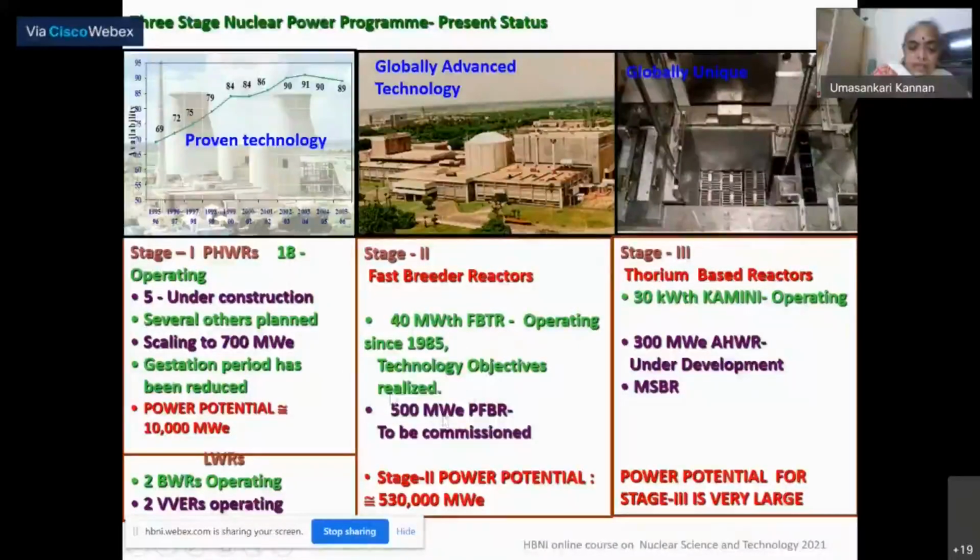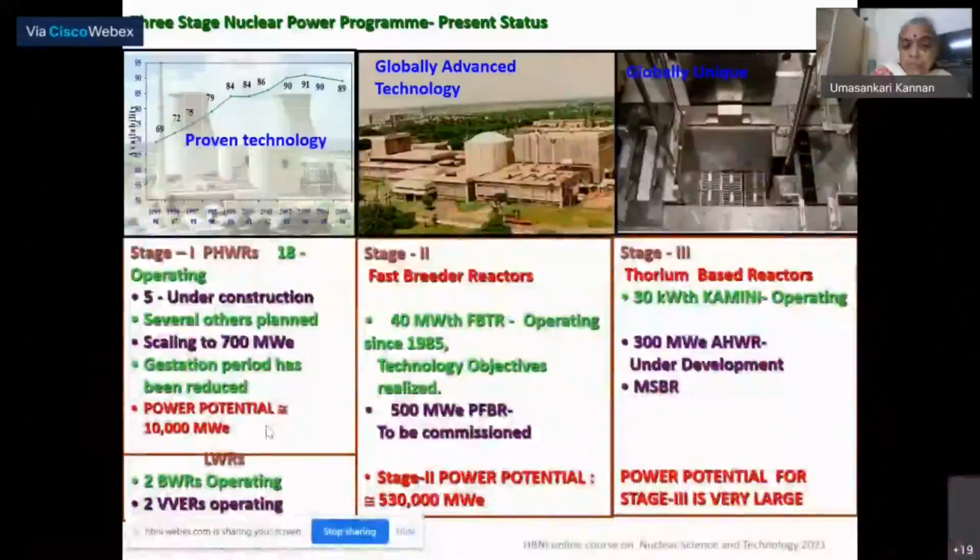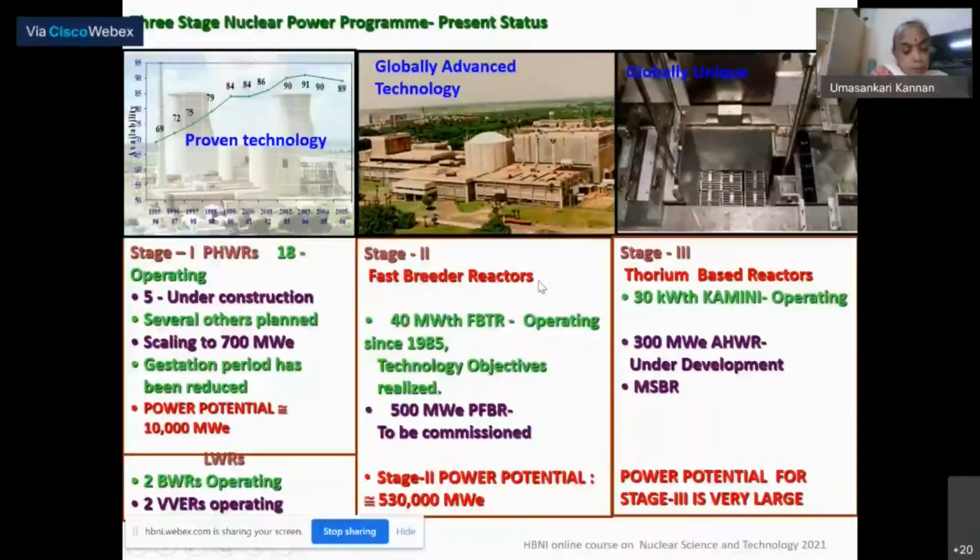In the second stage, what India decided was, you operate the pressurized heavy water reactors. After the discharge of the fuel, you reprocess the fuel which has come out of this, because it would have plutonium, and use that plutonium along with uranium in a fast breeder reactor. Because it's a breeder, you will breed more fissile material. Thereby, you will be increasing the potential of whatever was available in the form of natural uranium many, many fold. So that is why breeder reactors are important.